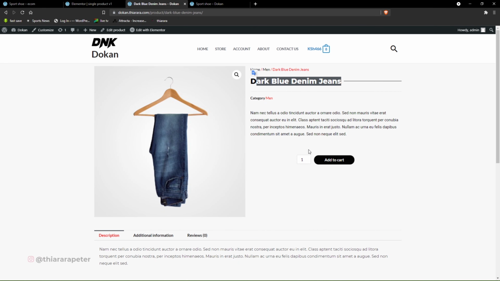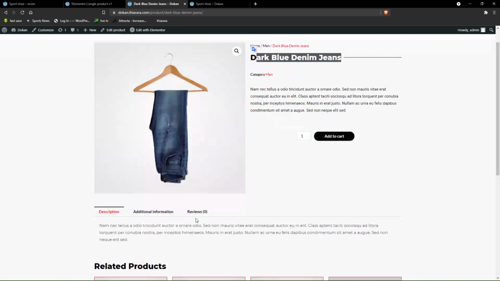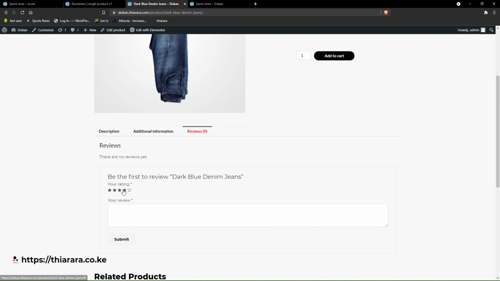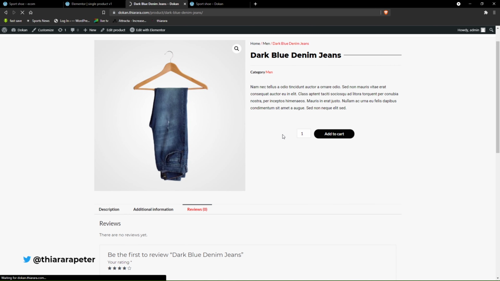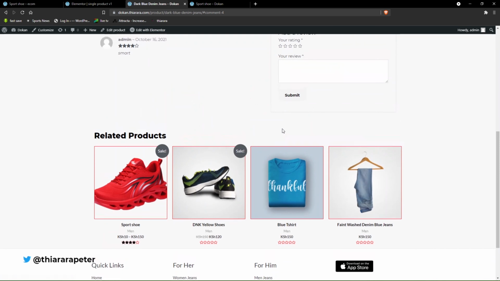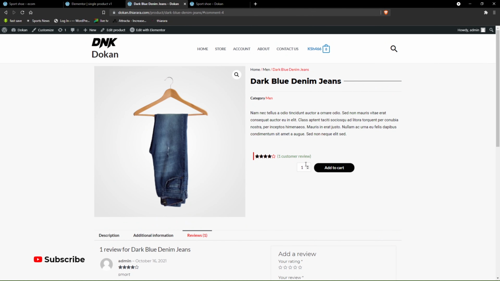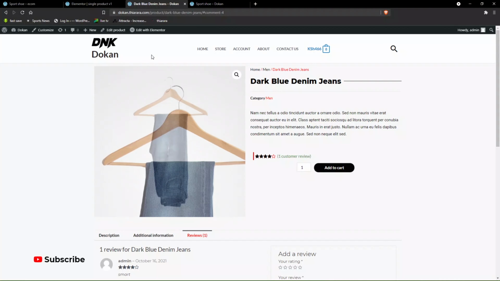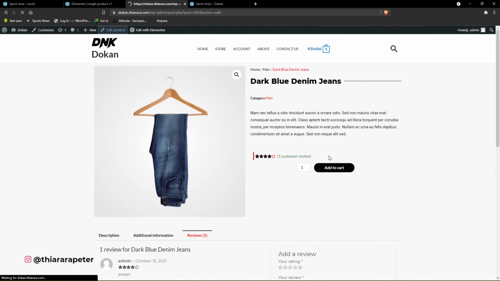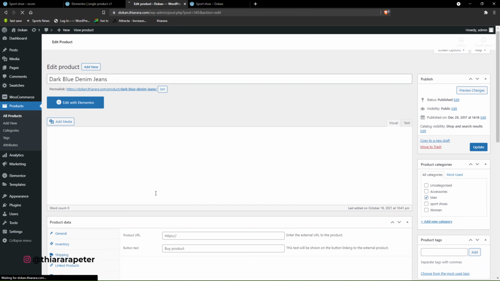You can see just something small, something unique, but this product doesn't have reviews and all that. If we add a review, if you have something like that, and we say smart, and we submit, it should now have this review button. And if you go to this product here and you add its stock, it will have the stock button like that. So we come back here